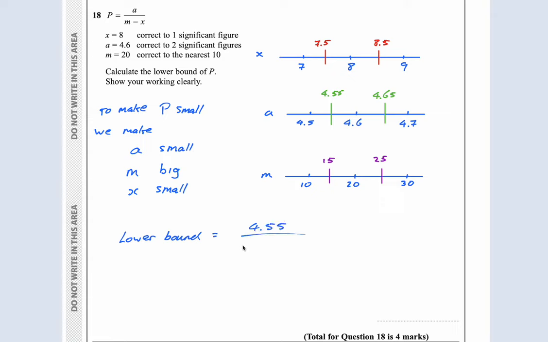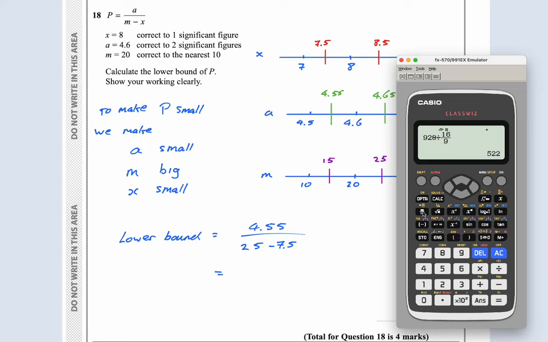A big M, which is 25, and a small x, sorry, I did the wrong one. Oh, no, I didn't. A small x, which is 7.5. So just to repeat, a small a, 4.55, a big M, 25, and a small x, 7.5. And this, hopefully, gives me the answer, 4.55 over 25 minus 7.5, no, not 7.4,